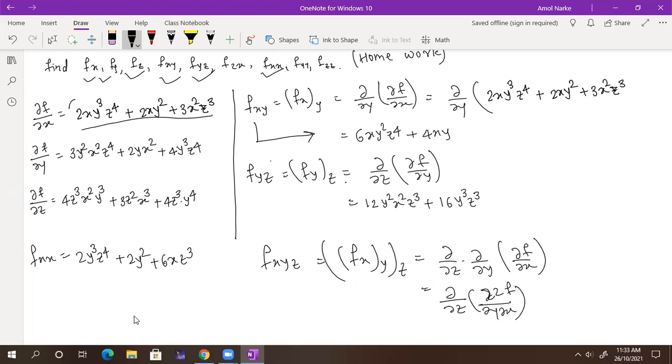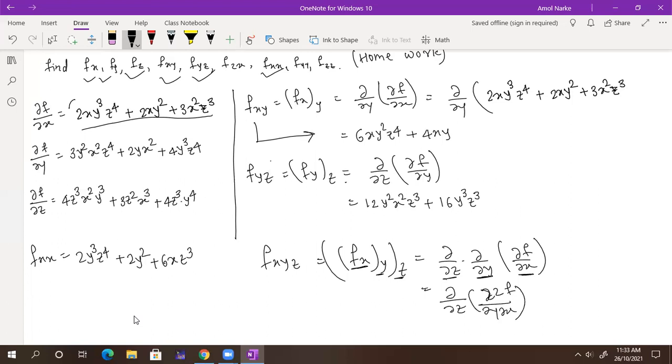You can differentiate this term with respect to z. You will get the answer. Okay, so this is how we can. Yes, this one you are talking about? The last one. See, if you wanted to find out f of x, y, z, here we have 3 variables, so the possibilities are there. What is the meaning of this? Firstly, differentiate with respect to x, then with respect to y, then with respect to z. So how can I write it down? Lastly with respect to z, with respect to y, with respect to x.